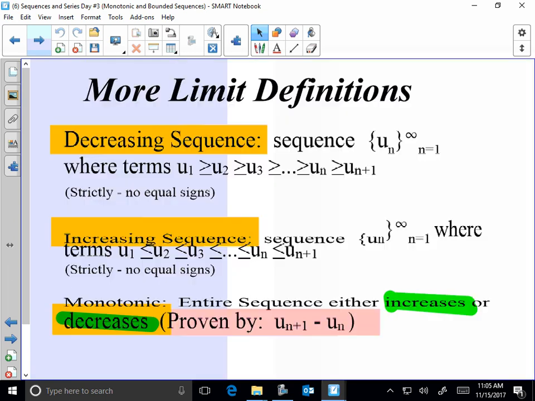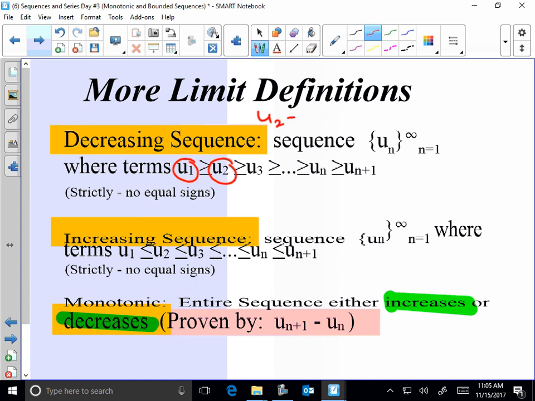Here's some sequence and series review. I'm going to skip that and go right to this. To be honest, when I first looked at this slide, I said, what is this? Basically, all this is saying is that if I take certain terms, like term number 2 and term number 1, and subtract term number 1 from term number 2,